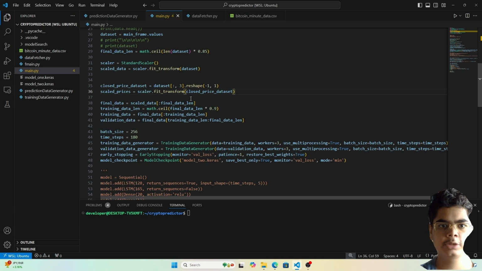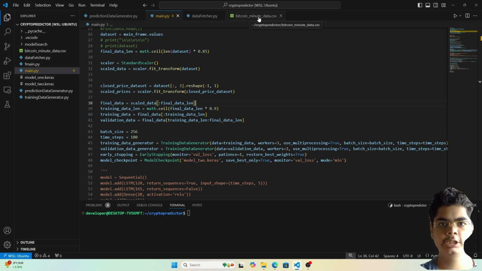Okay, so now let's go back to our code. Just like before, I have calculated the training data length. This is the 90% of our 85%. So here is the 85% and it's 90% of it. An integer will be stored in this, which is again the index of the 90% of this 85%. Again, final data is already 85% of the actual data that we have stored in